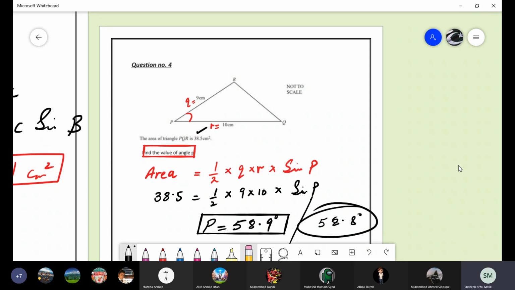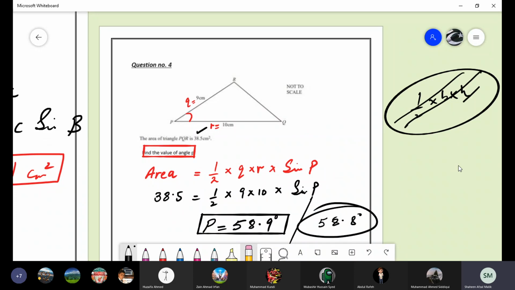So in this way, we completed chapter number 8. Any problem now in chapter 8? Is it clear to you how you have to apply the area of the triangle? This is not the formula 1 by 2 into base into height. Remember, that is only related to the right angle, and we are not working here with the right angle. We are working with the non-right-angle triangle. So we will use the formula 1 by 2, the two sides and the sine of the included angle. The sine rule is applicable only when we have one complete pair and one incomplete pair. Then we apply the sine rule.